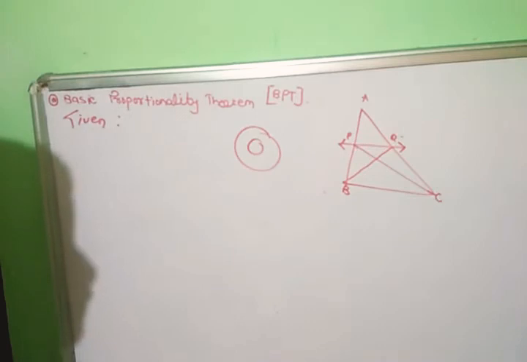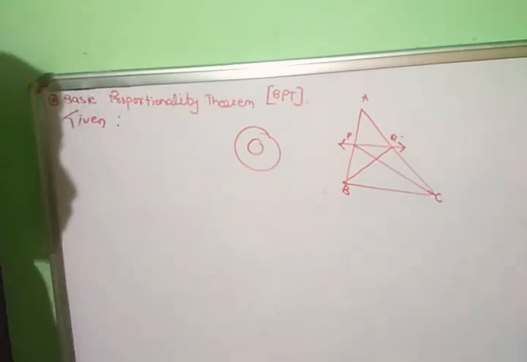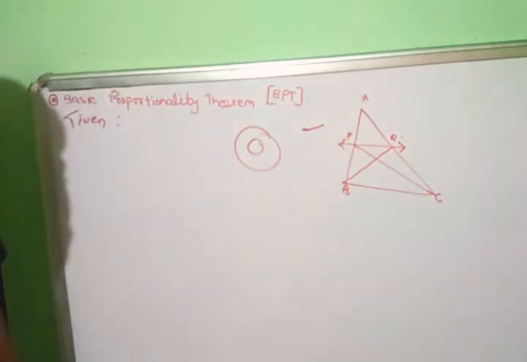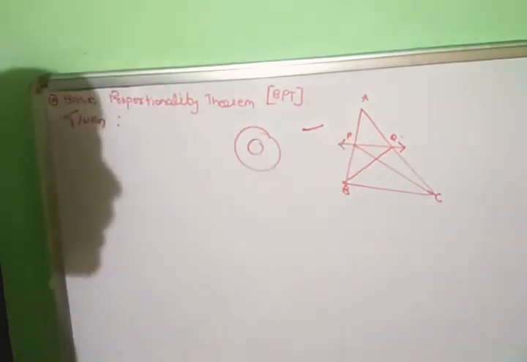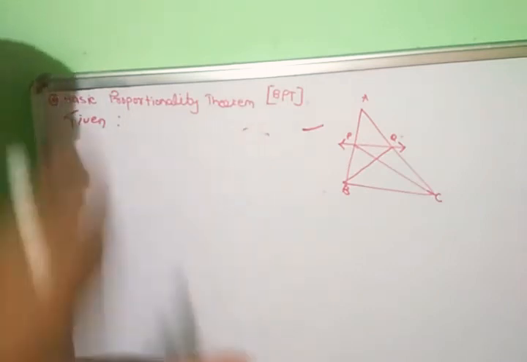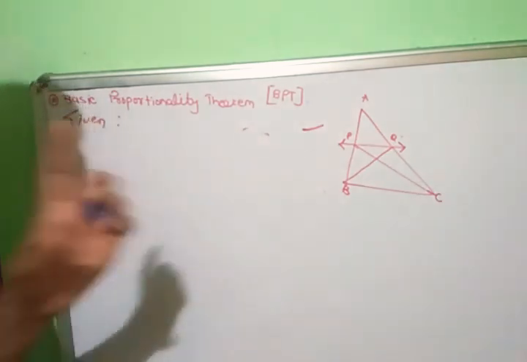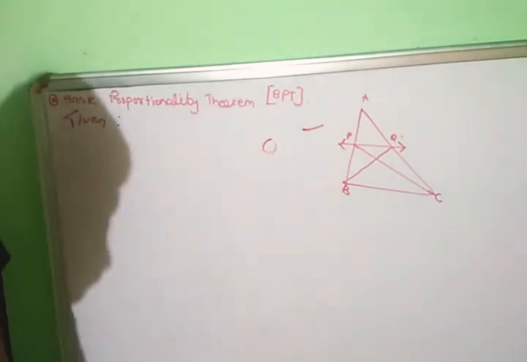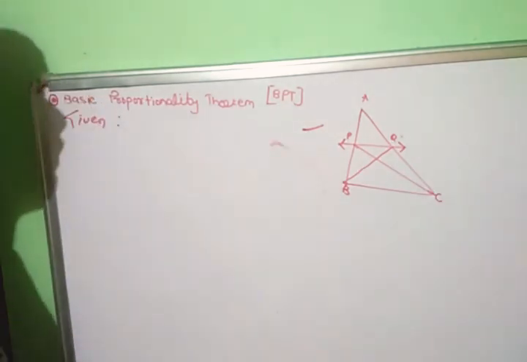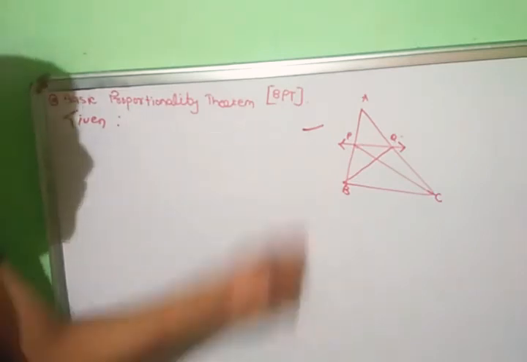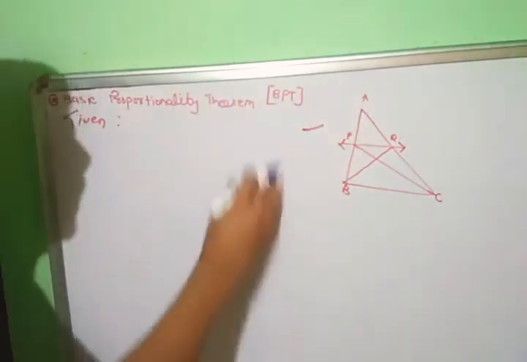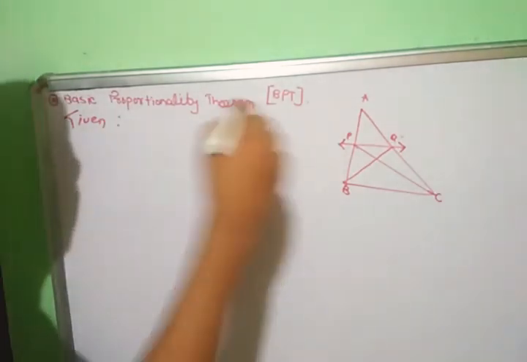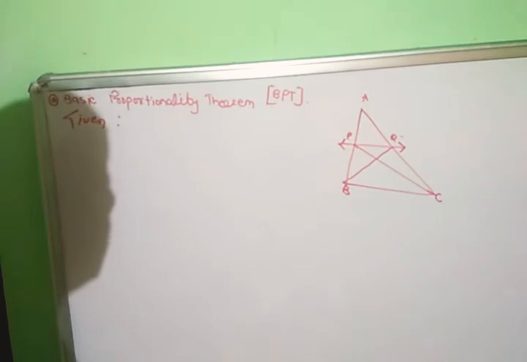If we write the theorem but not properly, but we draw the figure, we get some marks. But when we write the complete, correct theorem but don't draw the figure, we get 0 marks. So friends, the figure is very important. Draw the figure first, then the second step is the given.